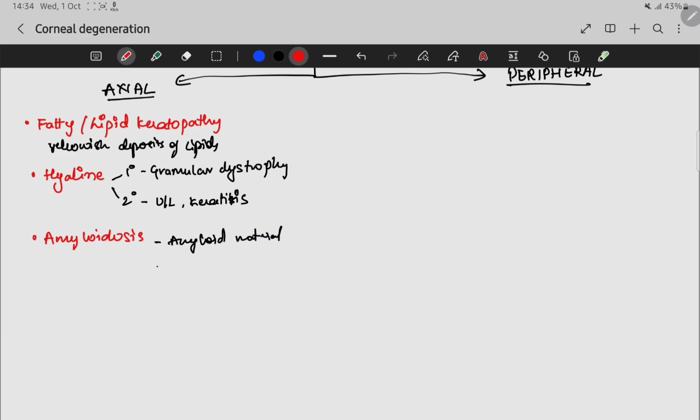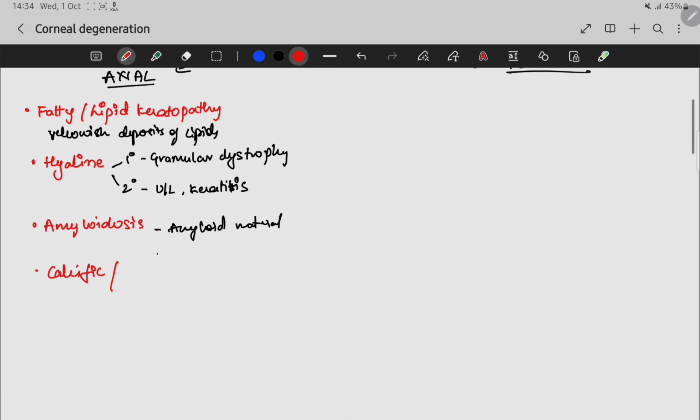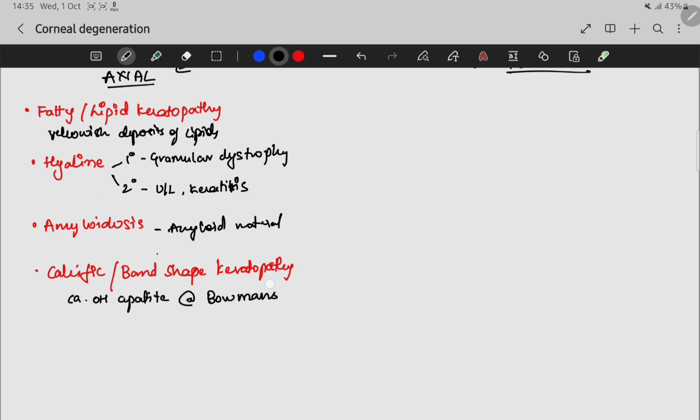Then we have calcific or band-shaped keratopathy. Here there are calcium deposits in the cornea. This usually occurs in a band shape in the center of the cornea with calcium hydroxyapatite crystals at the level of Bowman's membrane. The etiology of this band-shaped keratopathy can be divided into ocular causes such as chronic uveitis,